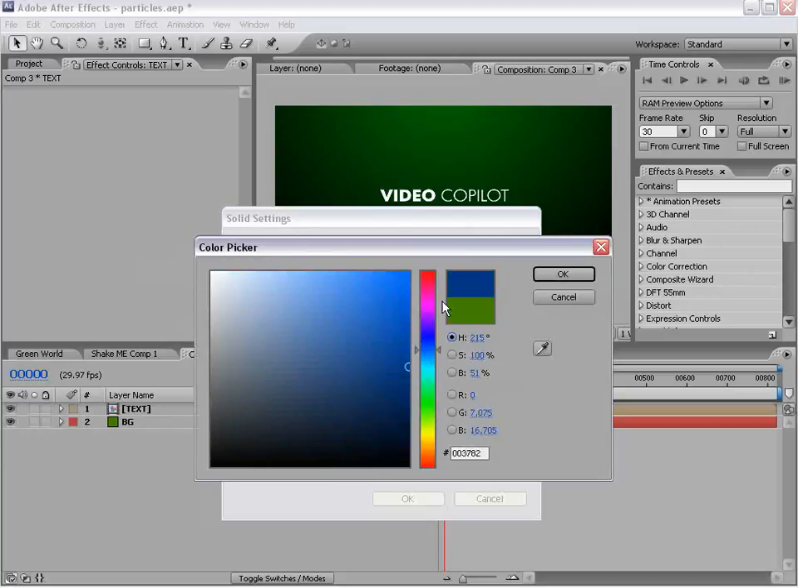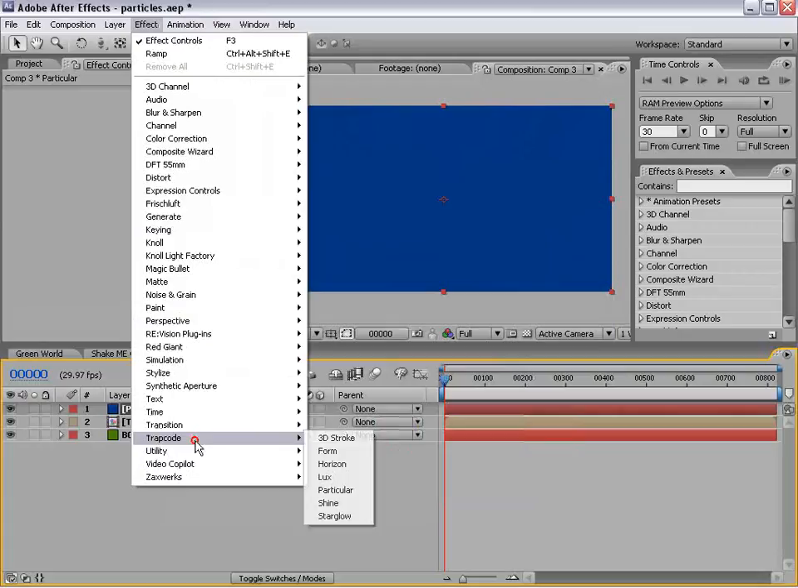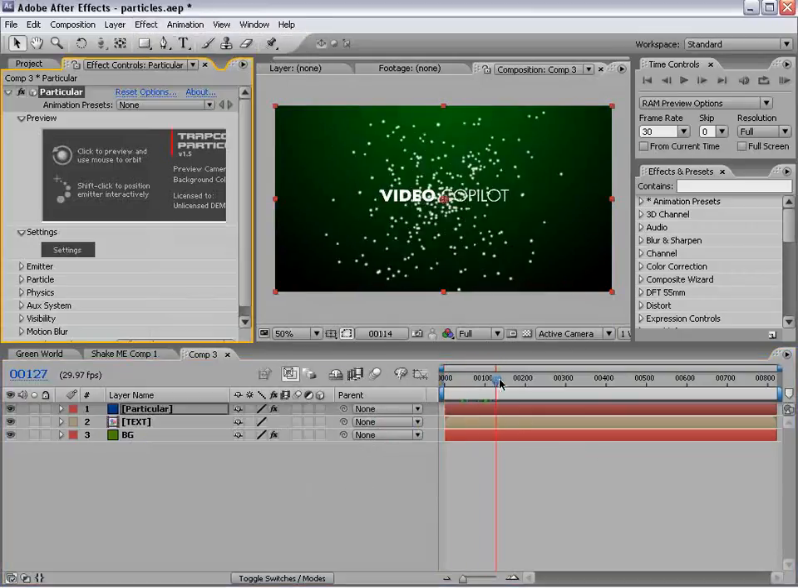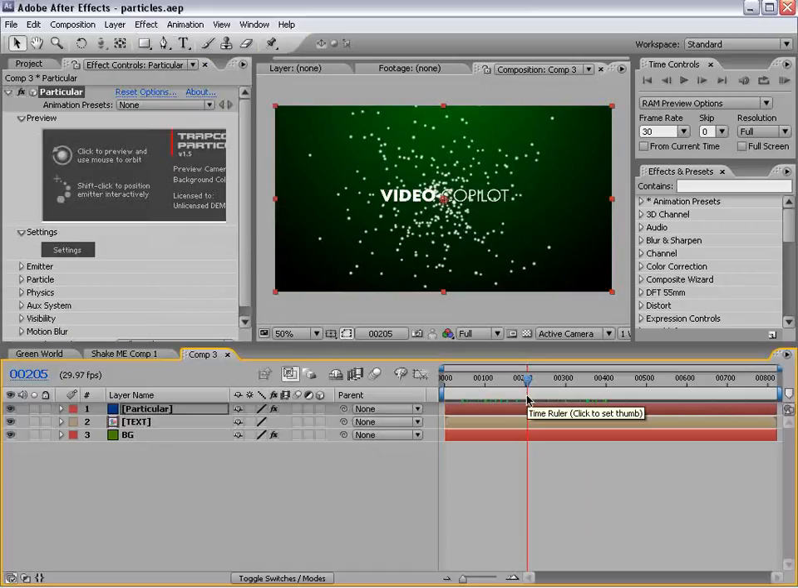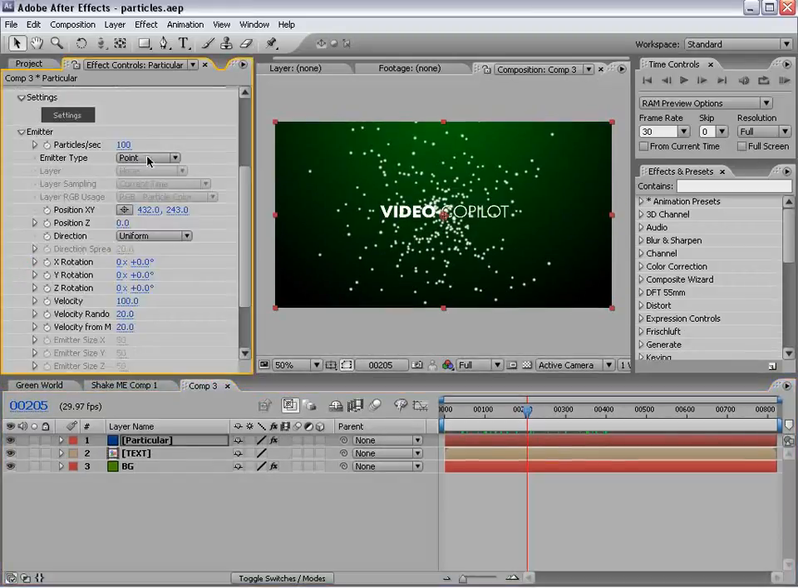Make it blue. Okay. Now choose Effect, Trapcode, Particular. And this is a cool particle generator. Now you can probably use Particle World, but we're going to use this because it just looks better. And what we're going to do is go into the emitter, and we want to set it up as a